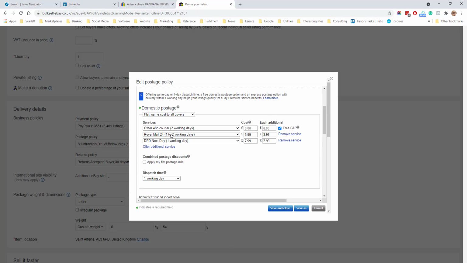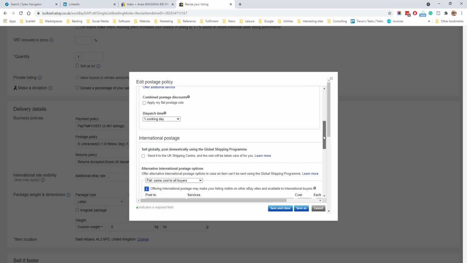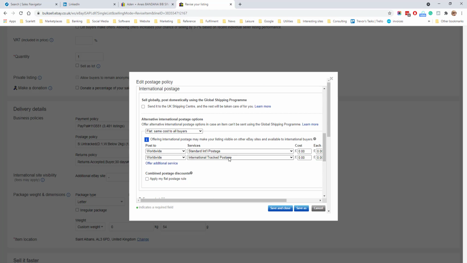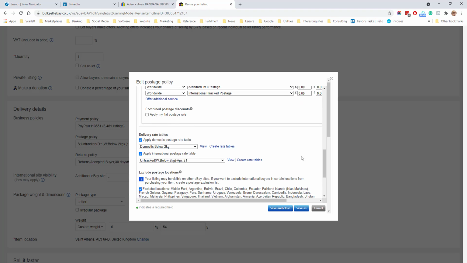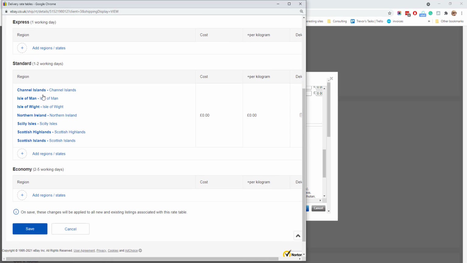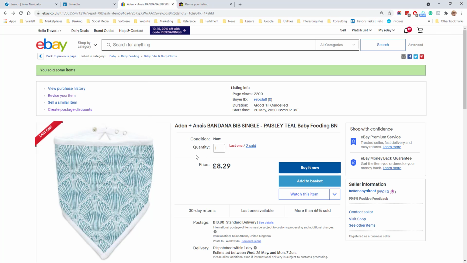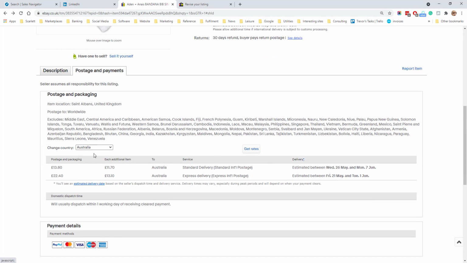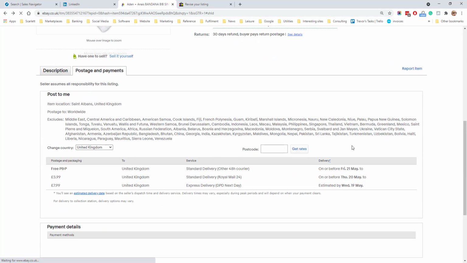Here we can see we've set 3 zones up for the UK postage, dispatch time 1 day, and international shipping 2 zones have been set up, and there's two postage tables set up. If we view the domestic postage table, we can see there's no additional cost for the offshore zones in the UK. So if we return to the product and look at the postage and payments for the UK, it'll give